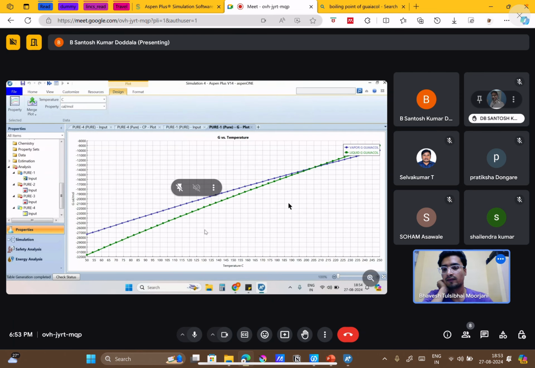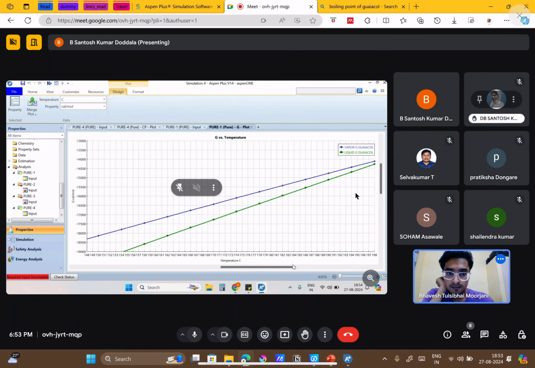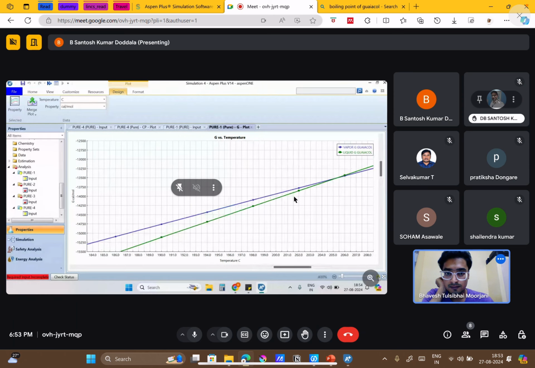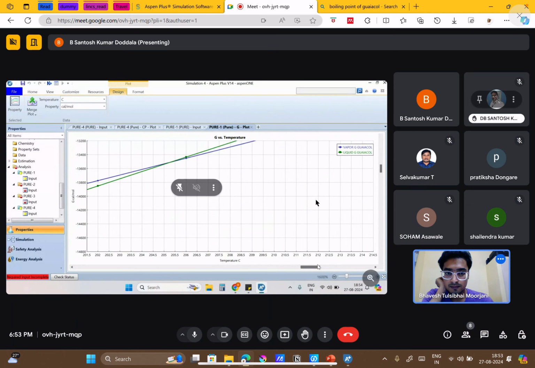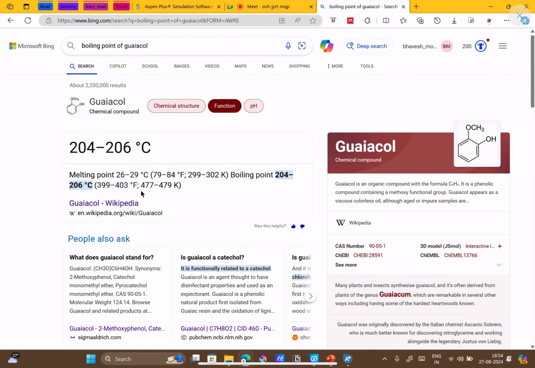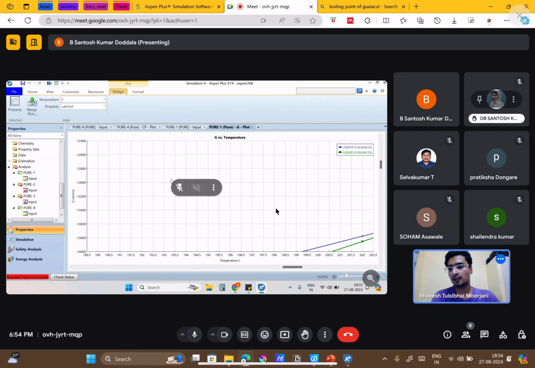So what is the temperature value at that point? It's around 205 degrees centigrade, and it's showing between 204 to 206 degrees centigrade. So we are in that range only. So at 1 atmosphere, this will be the boiling point of guaiacol.